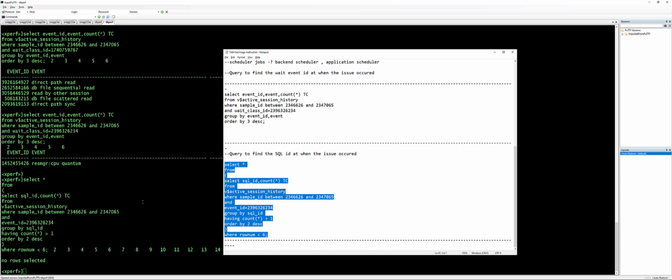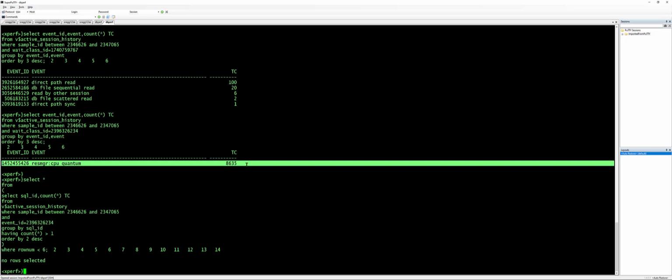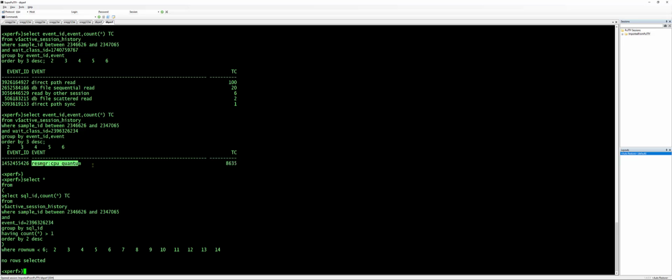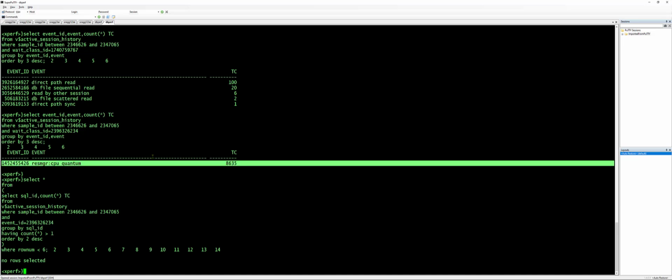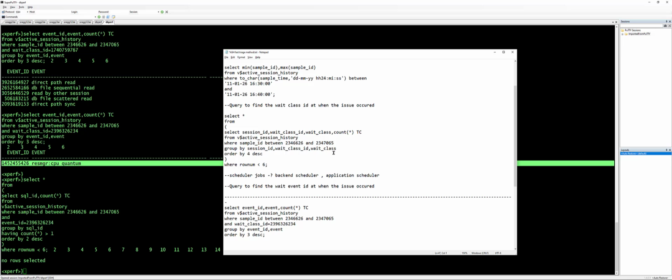So now we got all this information. This gives us some idea that the CPU is throttled, the CPU is not sufficient. The resource manager has throttled the CPU because some of the sessions are trying to aggressively consume the CPU. Now since you didn't get any SQL ID,